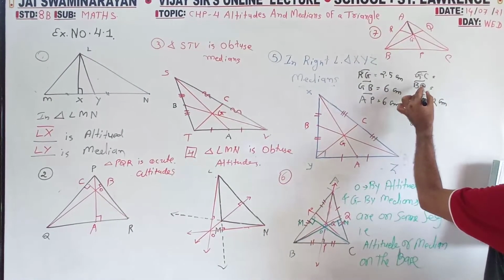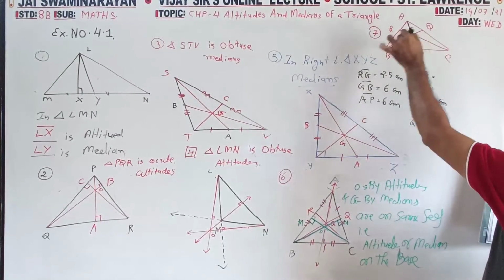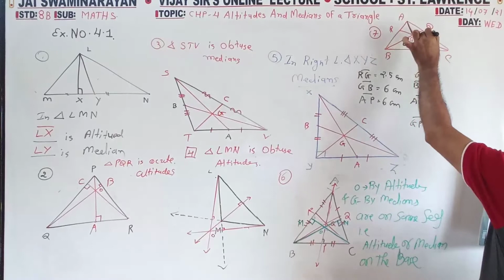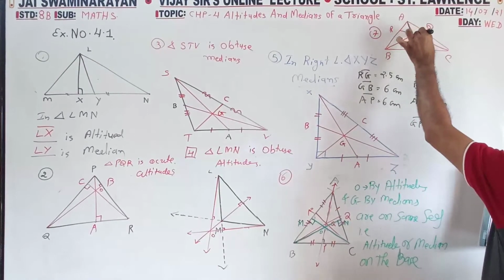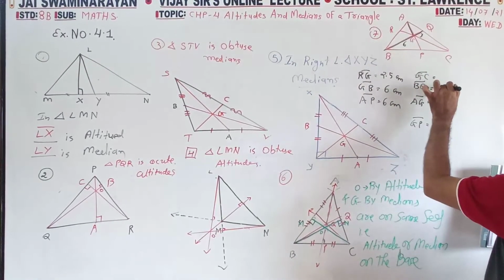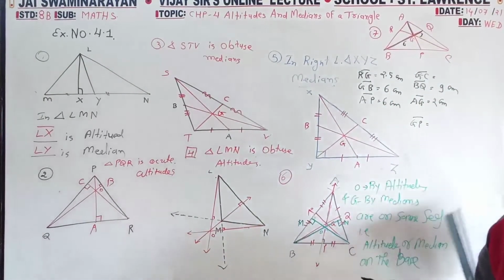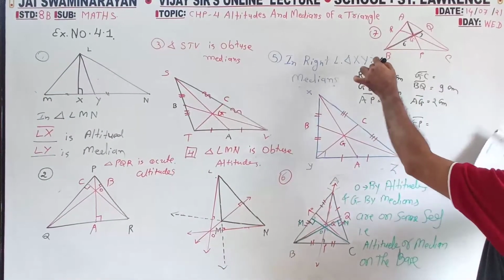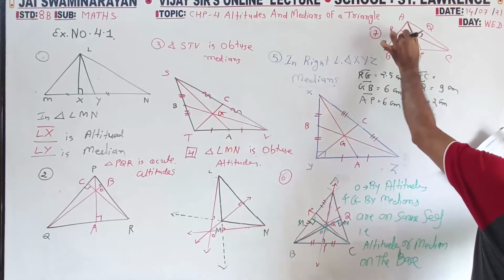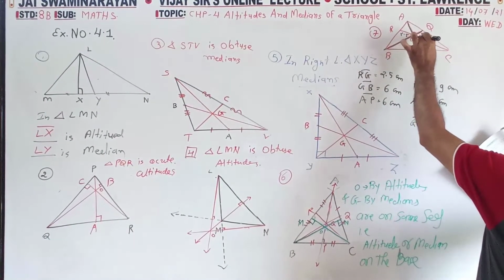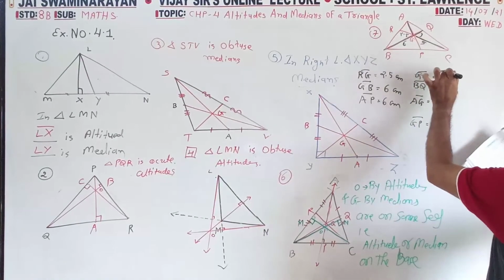Now BQ. If BG is 6, this will be 3, so this total will be 9. By scale you have to measure, don't worry. GC, PG is 2.5, so this will be double, 5. Only GC they have asked, no, so 5